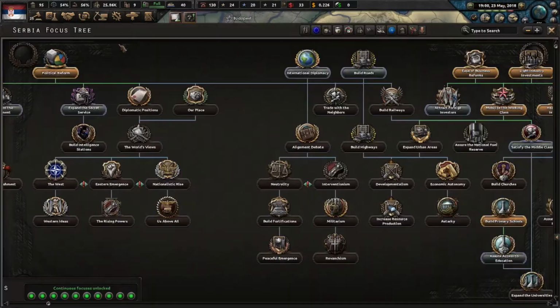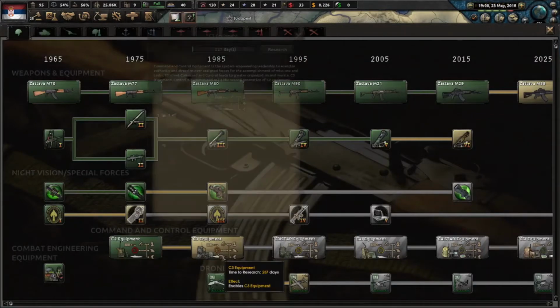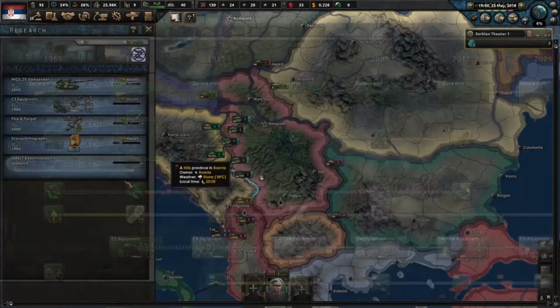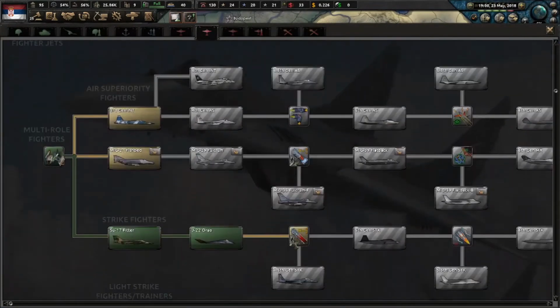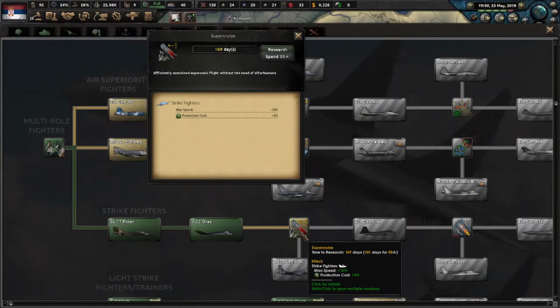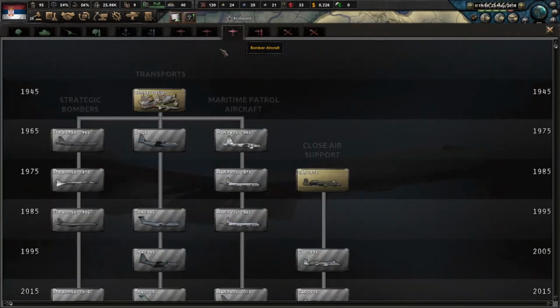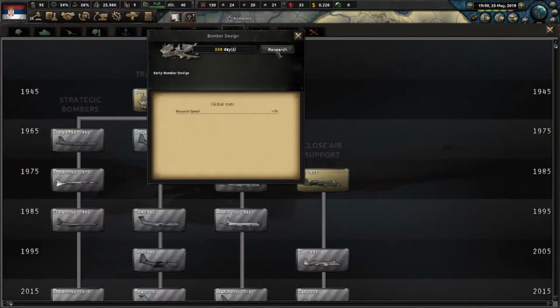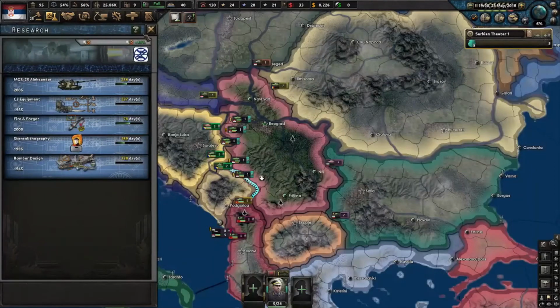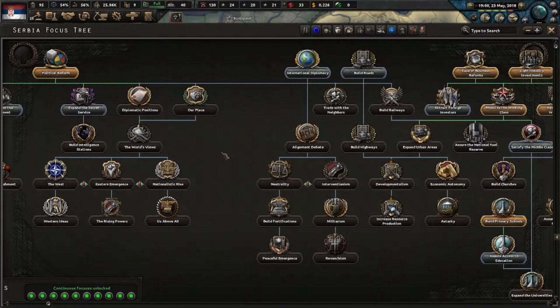Also, I finished the building primary schools focus, so I now have 2 free research slots, because one of the focuses I did had already finished. So let's improve this. And what else have we got? I mean, we could focus on air a little bit. What does this give us? Nah. I guess we could do this. The basic bomber design. And we also need to now select a new national focus, which...